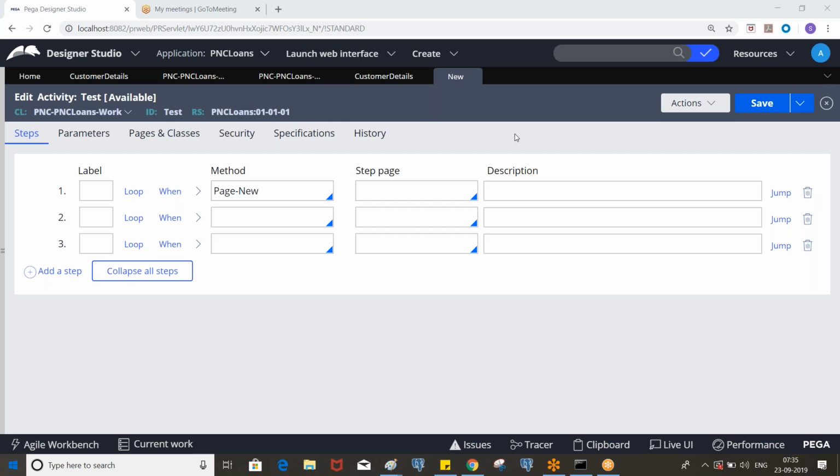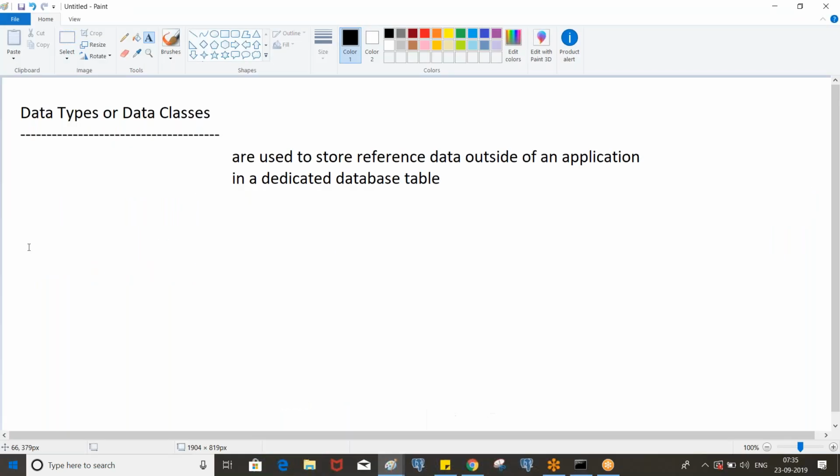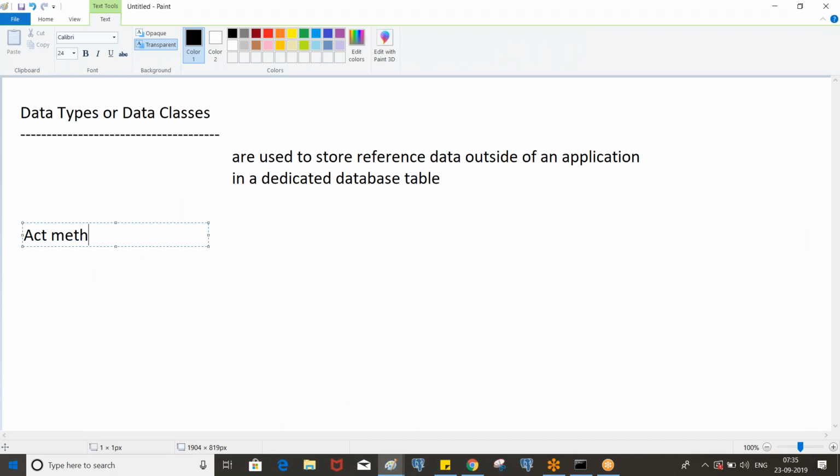Put the heading Activity Methods and write down page new. Page new is used to create a new page on the clipboard.